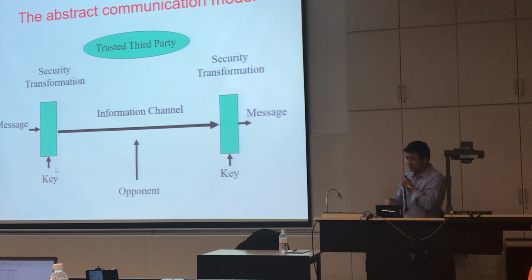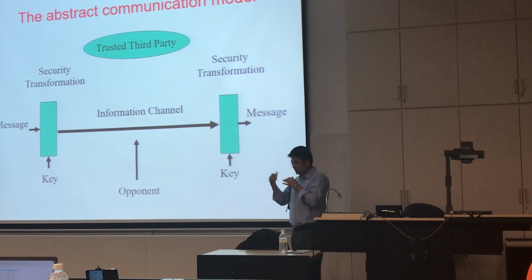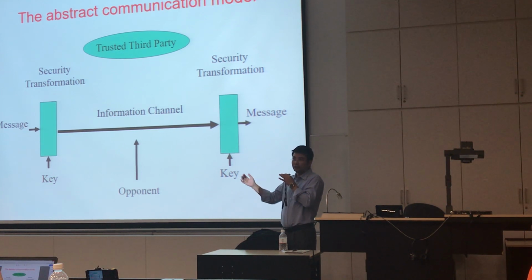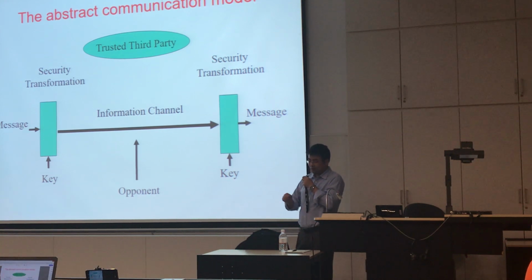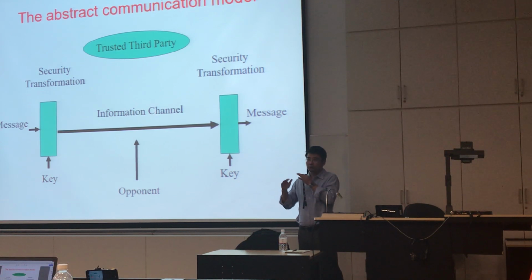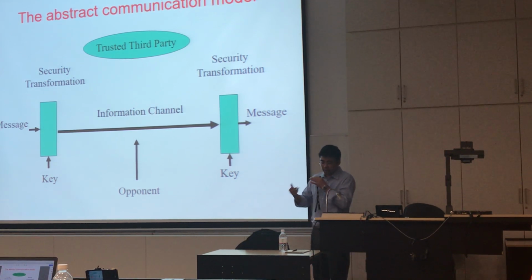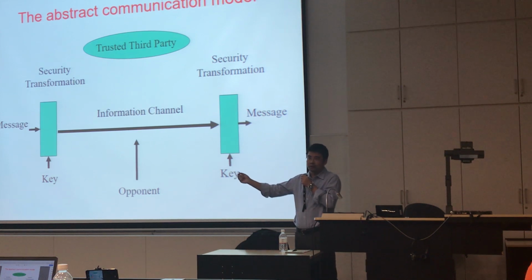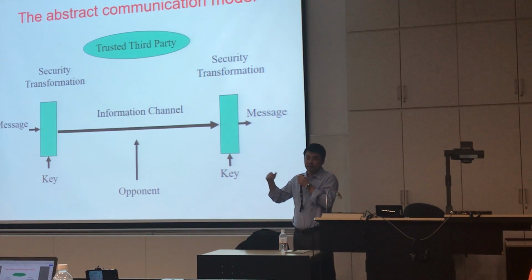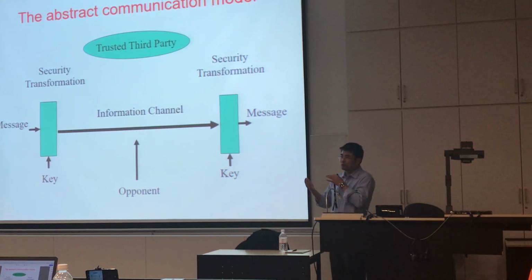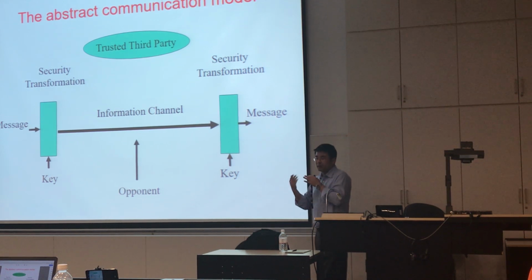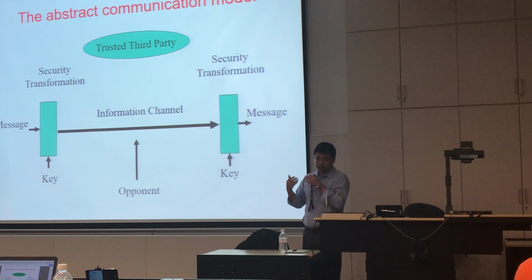Of course you can say, I can call my friend to agree on a key, or maybe I can just pass a note to my friend to establish a key, but that's not practical in most applications. For example, if you want to make a secure connection with a remote server or your friend in a foreign country right now, it's very impractical to use some physical method to derive this key.